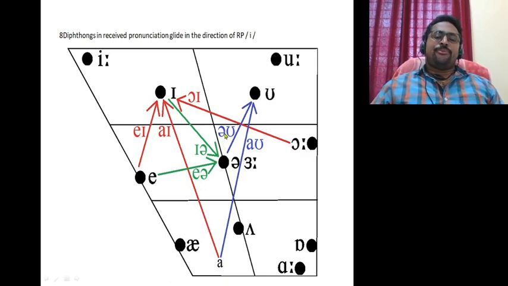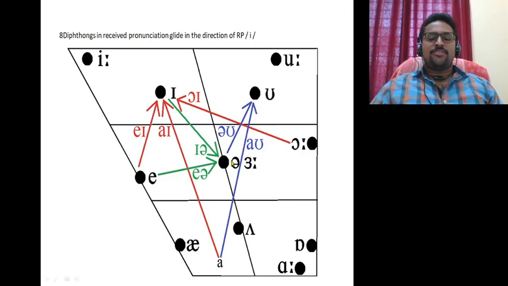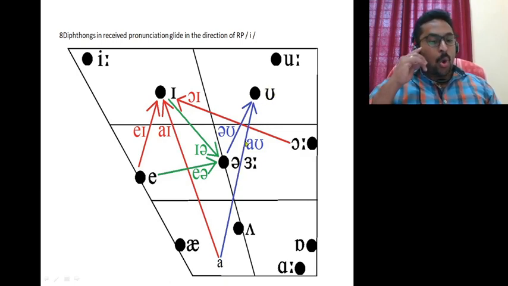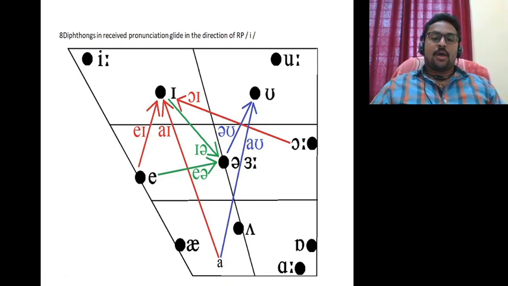And for the remaining three sounds, please notice here. Ow. The sound is starting at the central vowel, it is beginning here and it is going in the direction of short OO. This one is A and this is short OO, A OO, as in how. A and OO are coming together, right? So this is a diphthong.